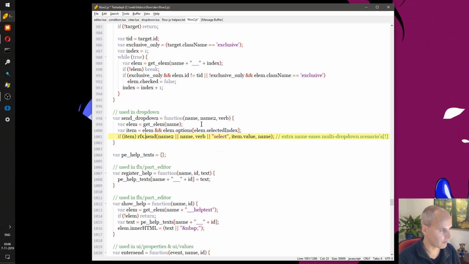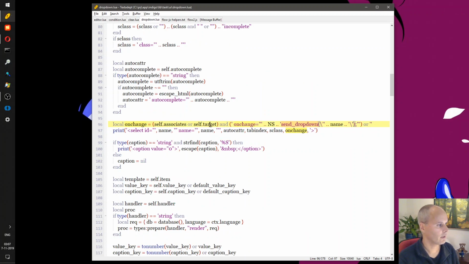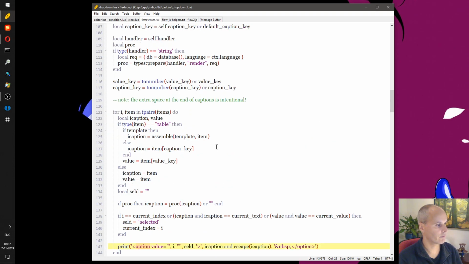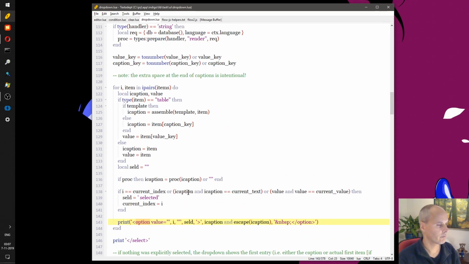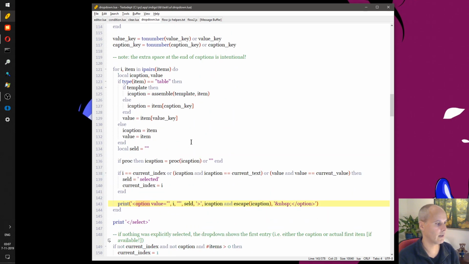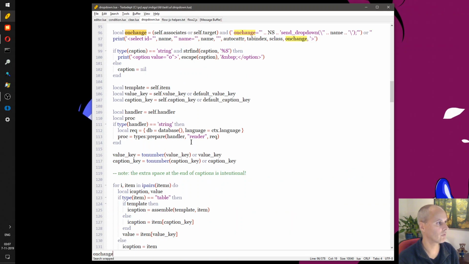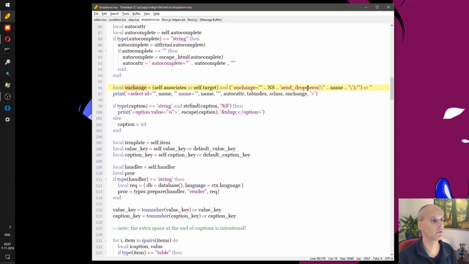So it does not say RFX send because this is inside the library. But here you can see it sends to this part the select verb, and it sends the value of the selected item. And the value of the selected item is this bit here, or this bit here. So it sends the number, the index. So I hope that makes sense. This is the way for you to add specific behavior to anything you put. You have your own parts put into the page,